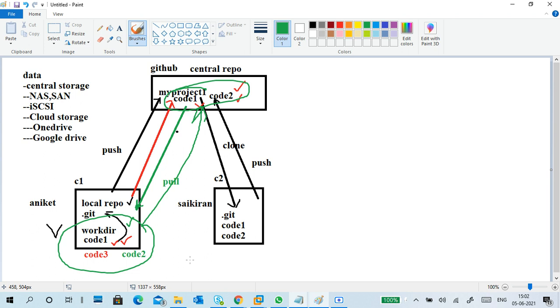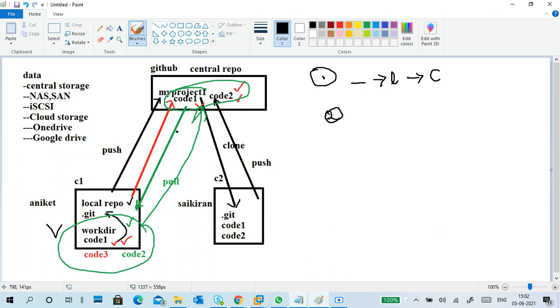Like that, there will always be differences. So what you have to do is pull it, push it, pull it, push it. So this is the second one. Here guys, again I'm telling the first one, second one, third one. First one: you have your code, meaning your file or data, put it in a local repository, then the central repository. So this is the first step.